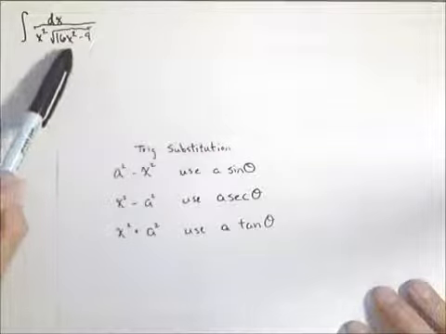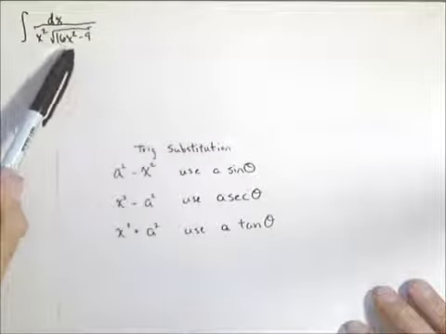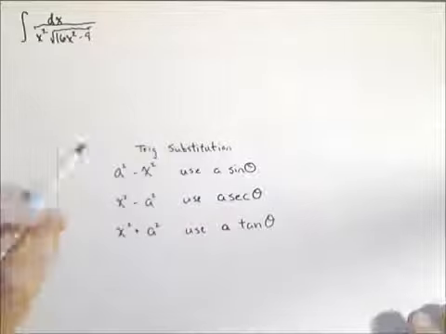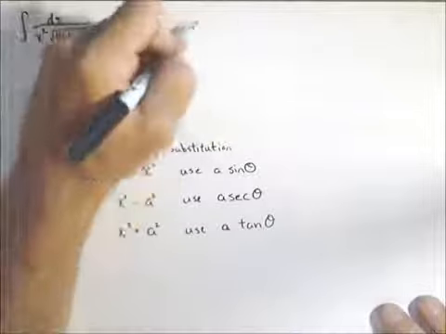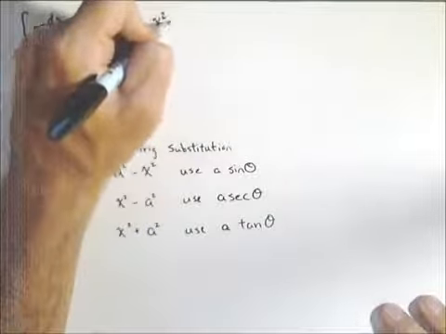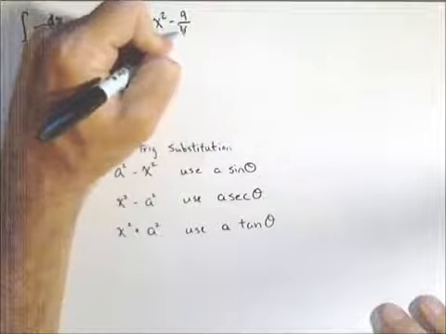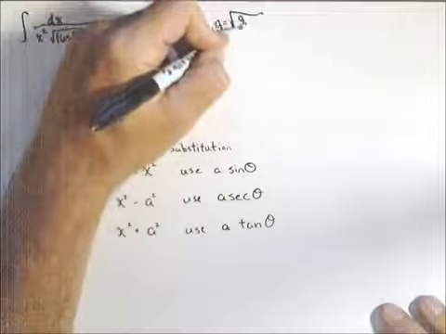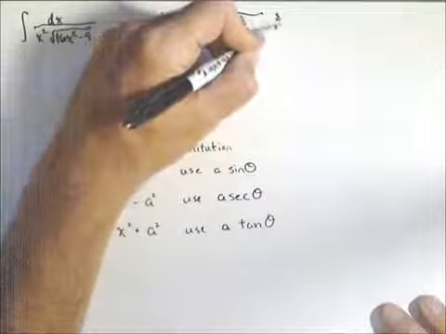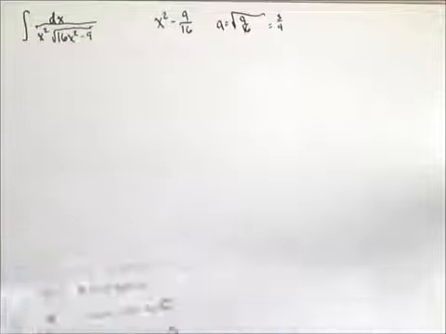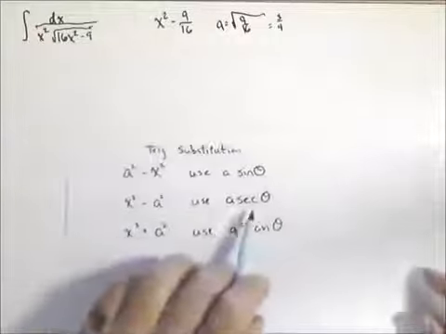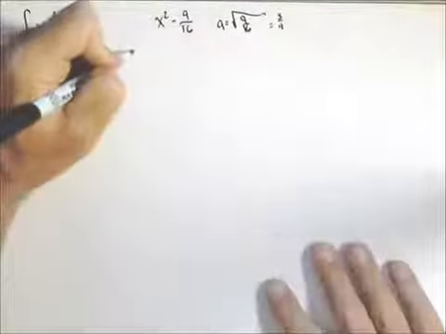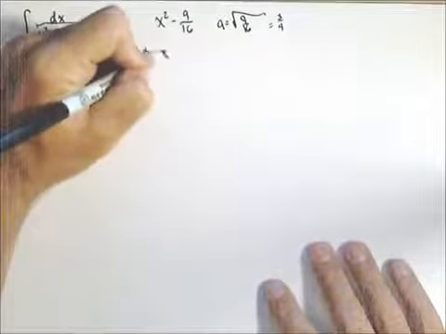Now in this one it may be difficult to see what a is at first, but the way we would do that is we would divide out the 16, and we could rewrite that part underneath as x squared minus 9 over 16, and so a is the square root of 9 over 16, or 3/4. So we can still use our trig substitution of a secant theta with a equal to 3/4. So we're going to let x equal